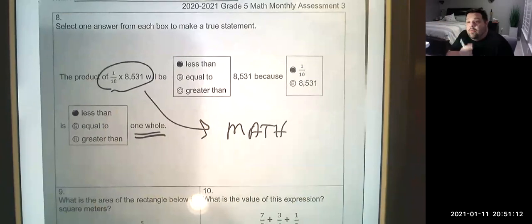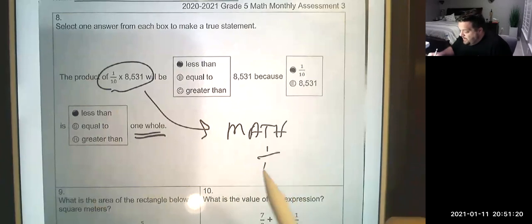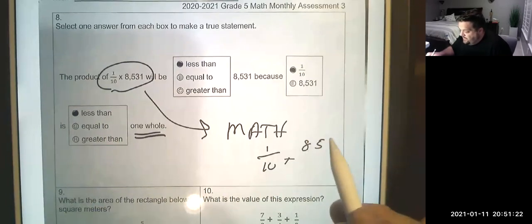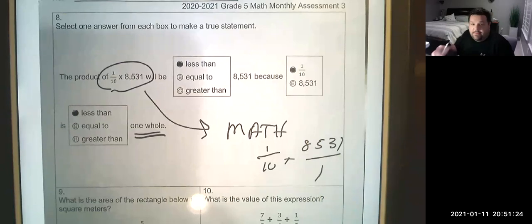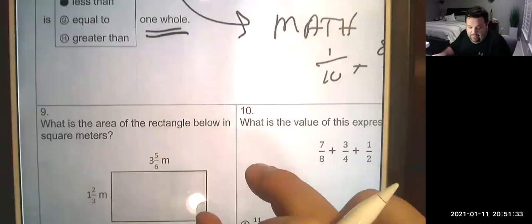But if you just remember the rule, especially on our FSA test, that's the kind of problem where instead of having to do this big problem, 1/10 times 8,531, and use all these big numbers, and then you get into a big division, isn't it just much easier to know the rule, right? That fraction is going to make it smaller. All right, number 9